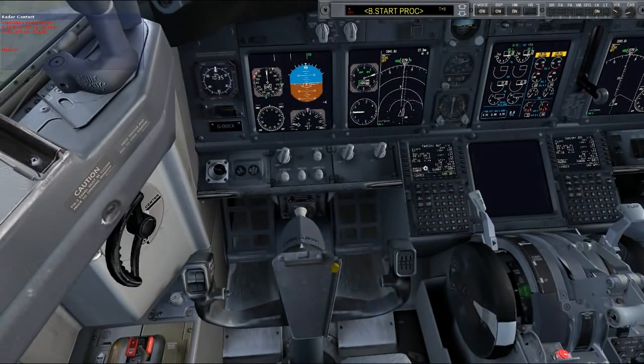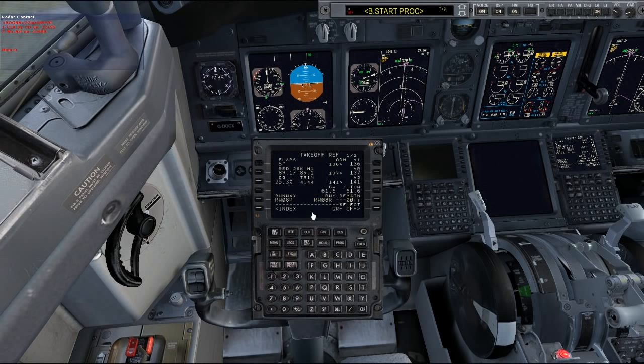Kind of a strange runway. Let me bring this up once again. Take a look here. So, departures and arrivals. Departing runway 26 left. Okay, so what we do now is we go back over to the other computer and we